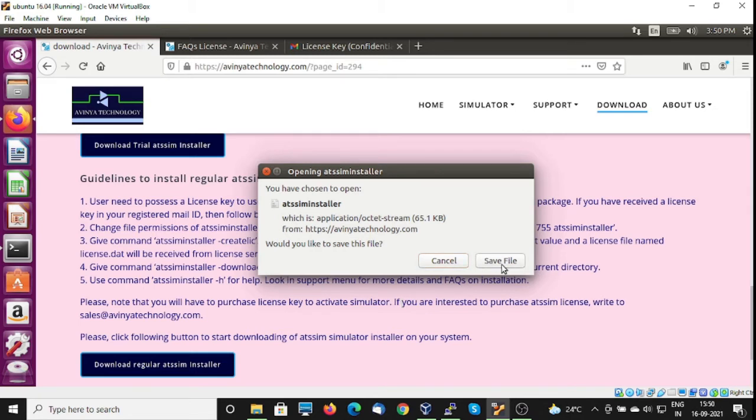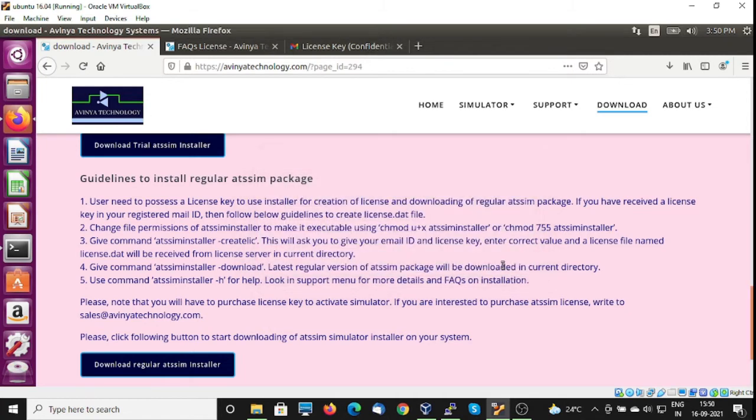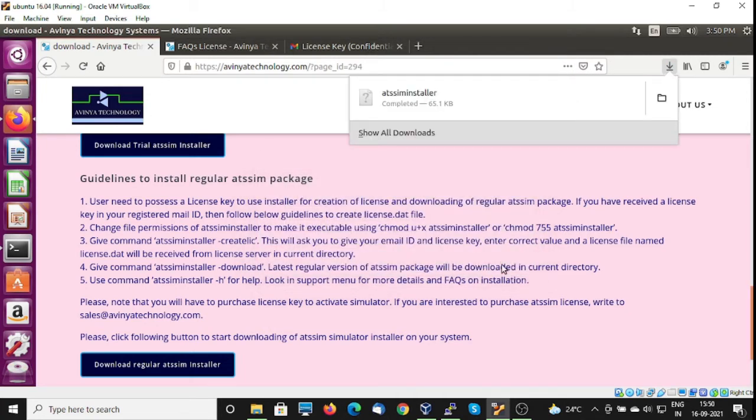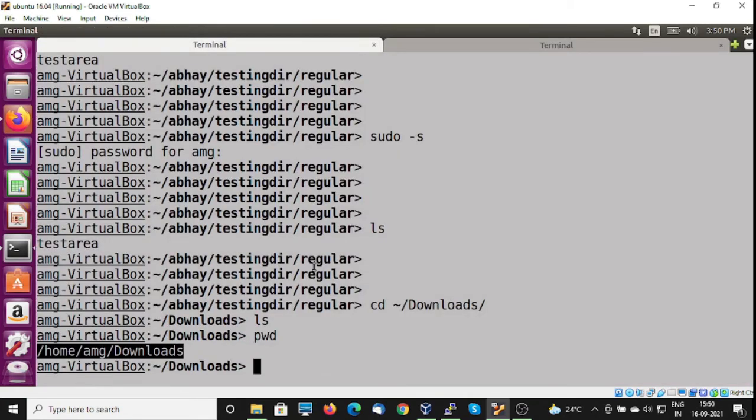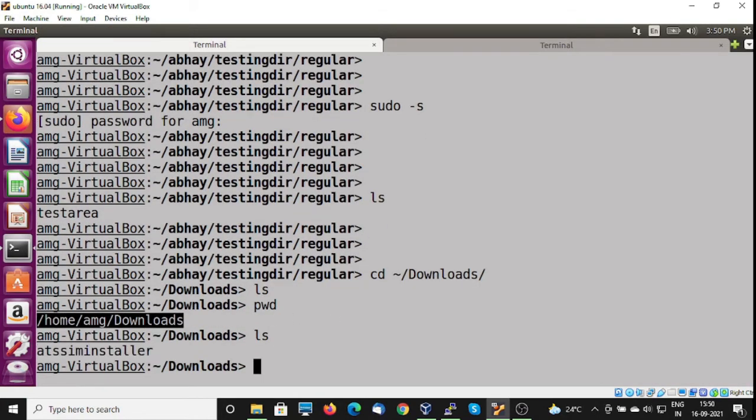Give the save file command, and you will find this ATSM installer program is downloaded on your system. Now let me check on my terminal if it is downloaded. Yeah, you can find ATSM installer is here.